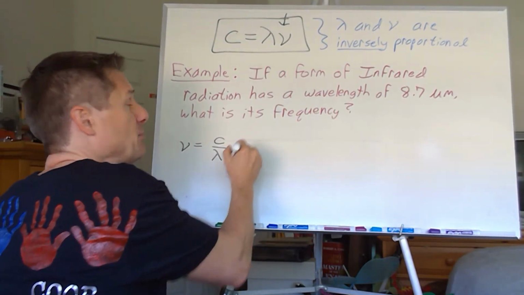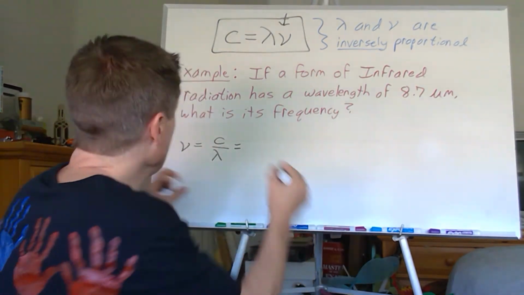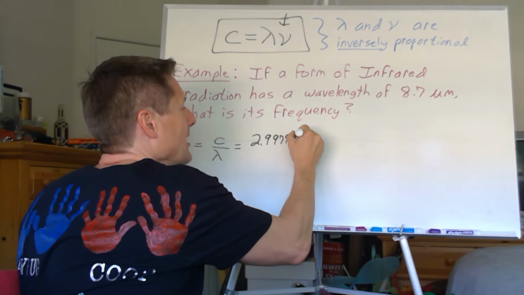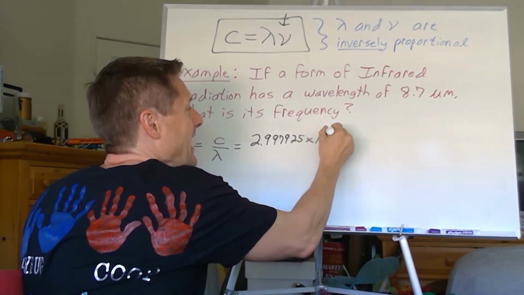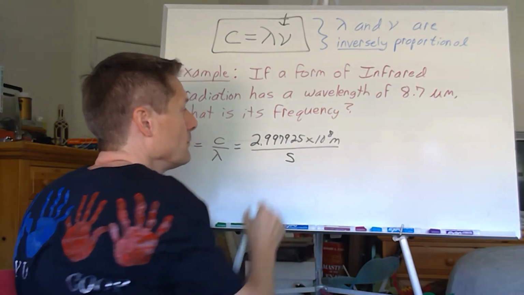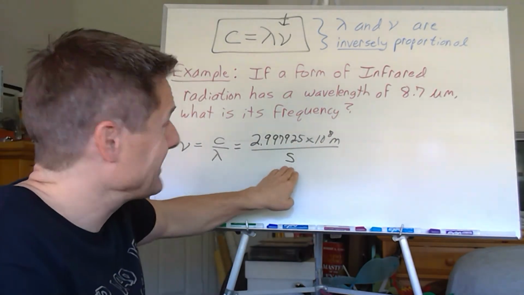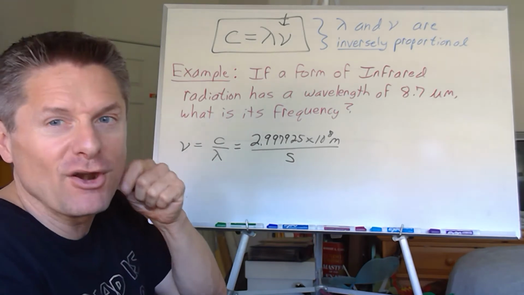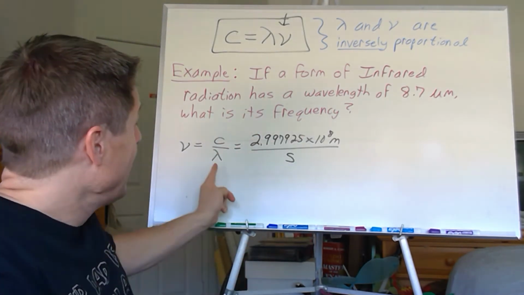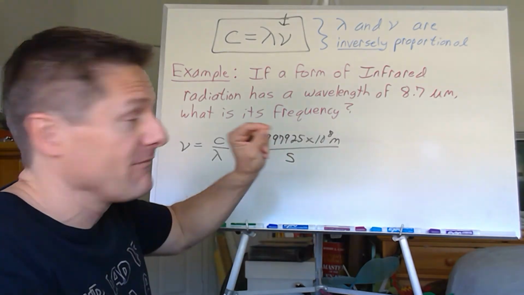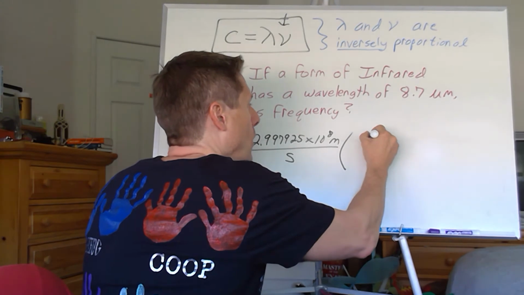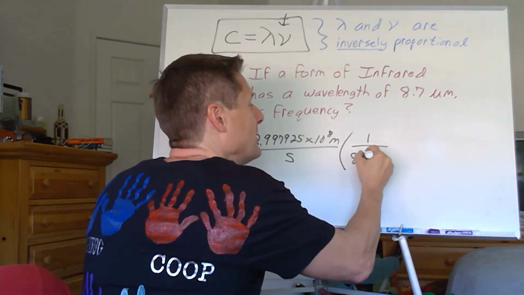So let's plug in the speed of light. What was that? 2.997925 times 10 to the 8th meters per second, right? So I want to get that seconds in the denominator. Meters in the numerator, seconds in the denominator. Set it up as a unit line equation. Now to divide by something, if it just has a singular unit, go 1 over that. Right? So we can go 1 over 8.7